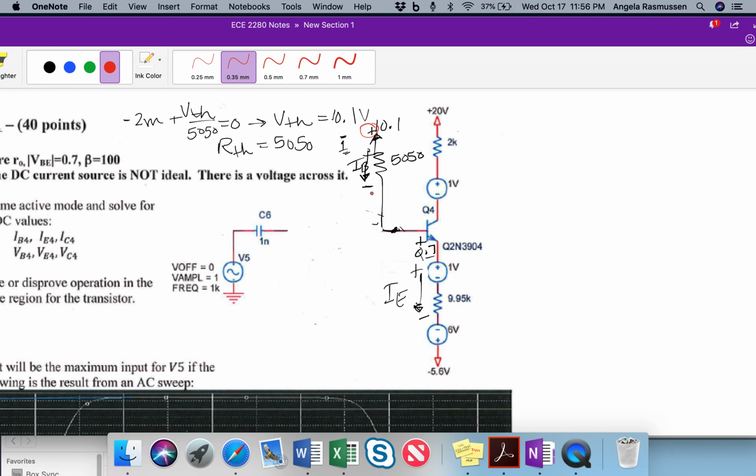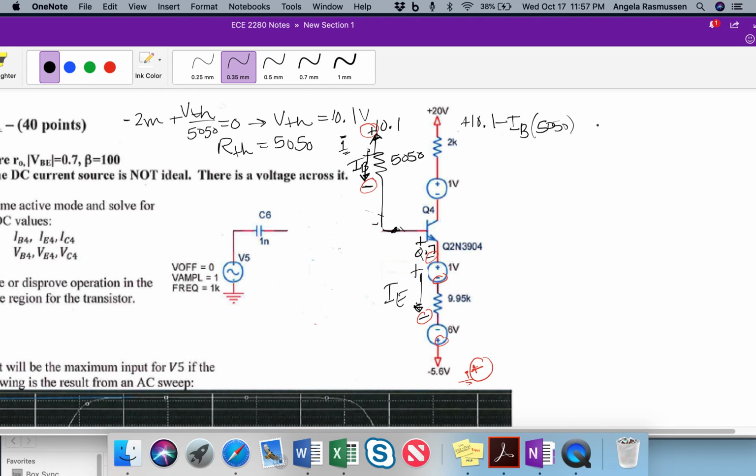So I would have a plus, minus, minus, minus, minus, plus, and this is also to ground here, so I get a plus. And so I have a plus 10.1 minus IB 50/50 minus 0.7 minus 1 minus IE